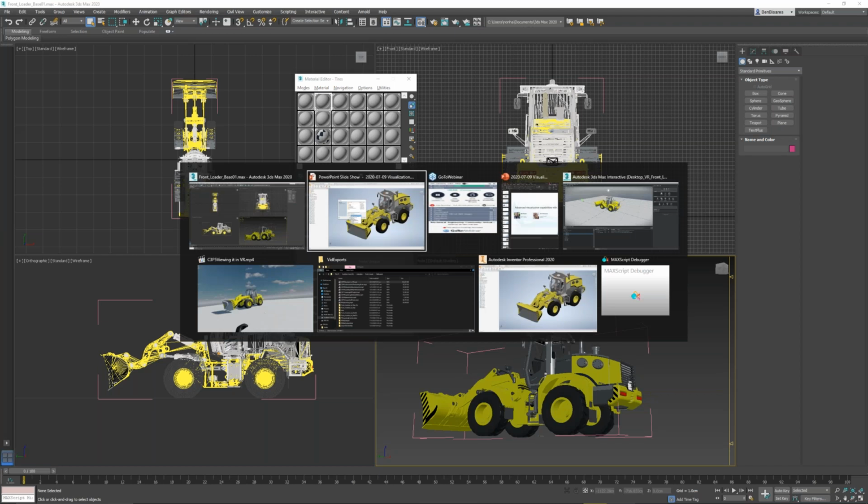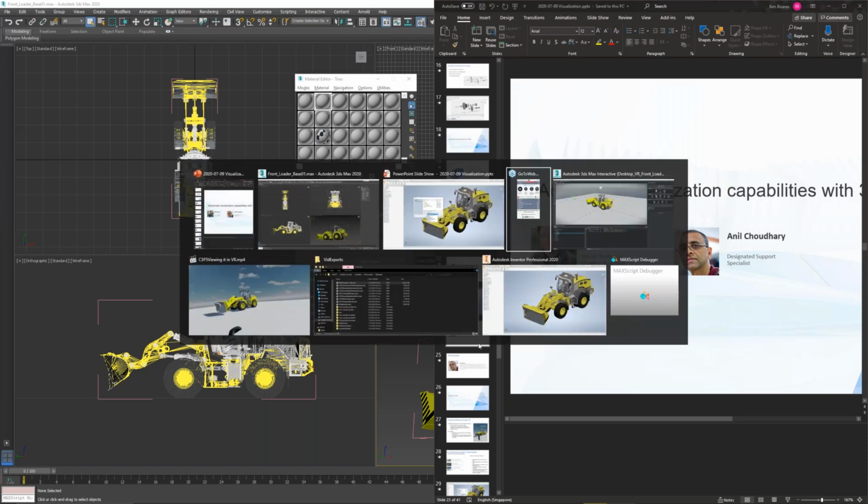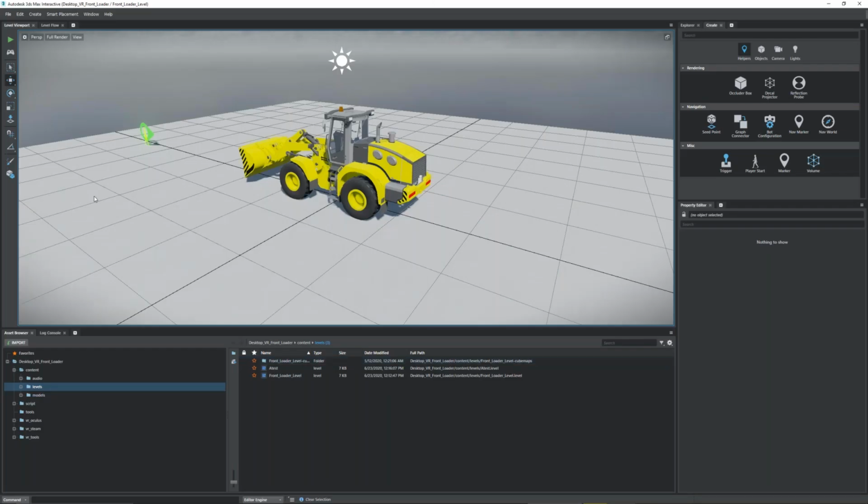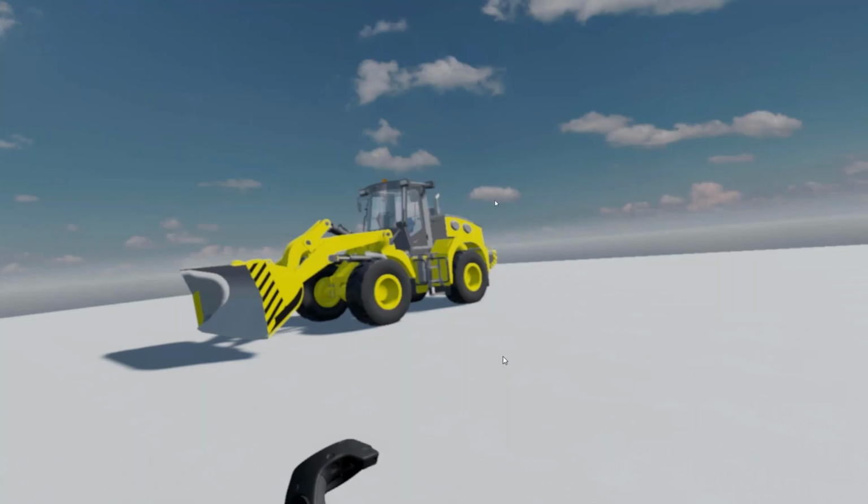And then the last thing we'll take a look at is actually 3ds Max Interactive itself. So we'll see how to bring the content into this and create things like teleportation points. For example, if you wanted the viewer to be able to jump into the cab of the front loader and see what it looks like from inside, you can easily make that happen. And I have a little video showing what can be done. So in VR,